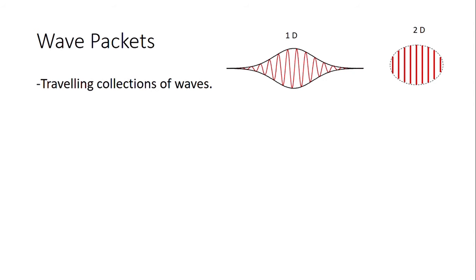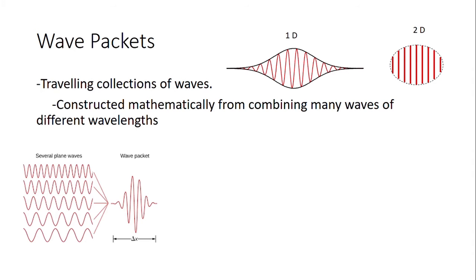An important thing to understand for this presentation are wave packets. Wave packets are traveling collections of waves, kind of like a bag of waves, but that's not the greatest description. They're constructed mathematically by adding together an infinite number of waves of different wavelengths, and when you do that, you tend to cancel out the waves in some regions, but in one region you get no cancellation, and that's the